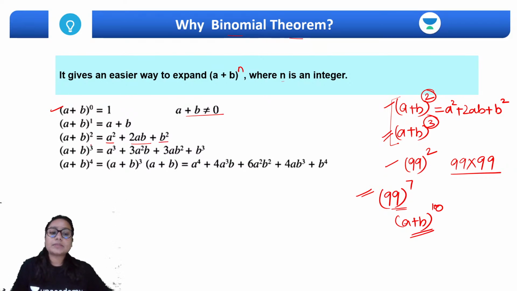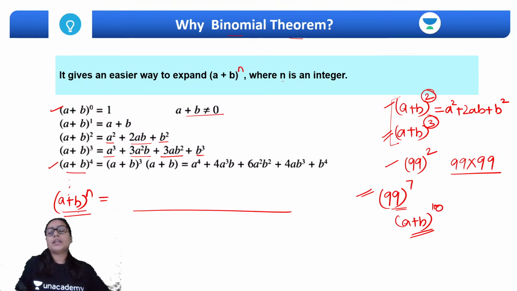Likewise, we have (a + b) whole cube: a cube plus 3a square b plus 3ab square plus b cube. Likewise, we have the formula for (a + b) whole square, and (a + b) raised to the power 4. Continuing this pattern, you will be able to find the value of (a + b) raised to the power n also. This expansion of (a + b) whole raised to the power n is given by